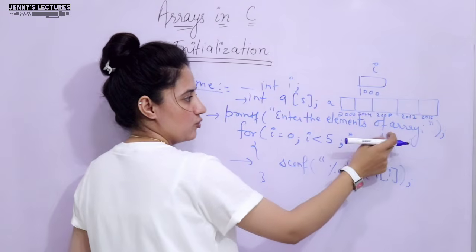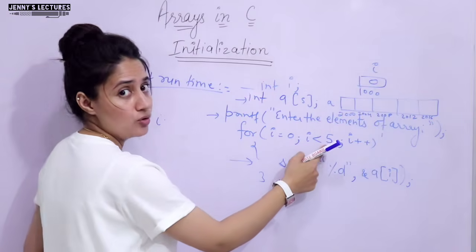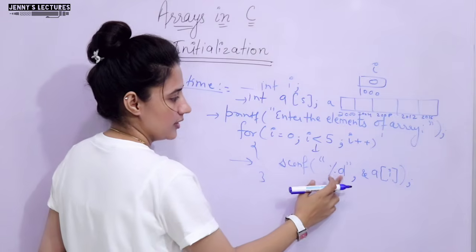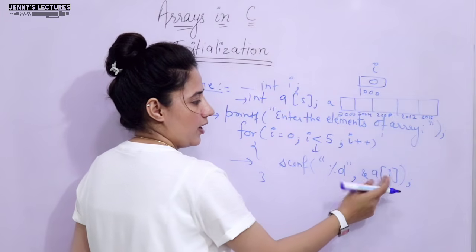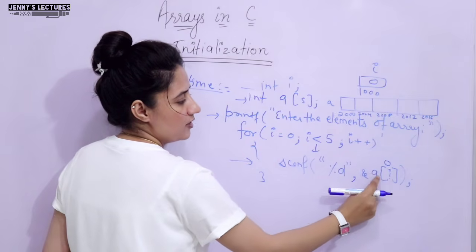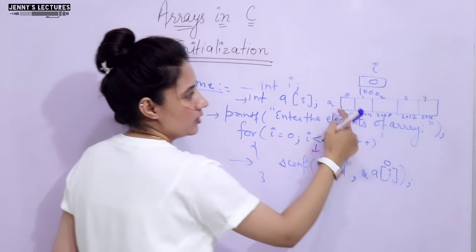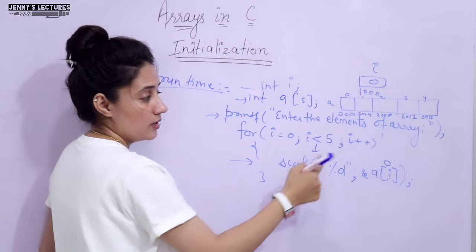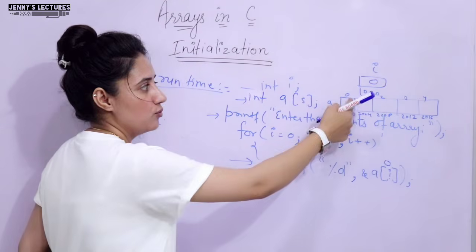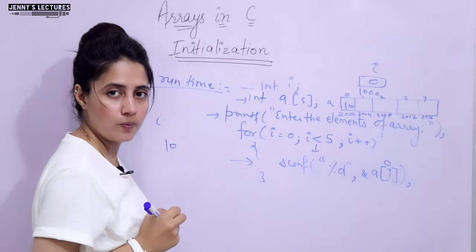Now the elements of the array would be entered. For loop, i is equal to 0, so i would be initialized with 0, i less than 5, yes, condition true, so we will enter here. Scanf means it will take input from the user, %d. The address of a[i], what is the value of i? First of all, i value is 0, means address of a[0]. Index is 0, here 1, here 2, here 3, here 4. So a[0] is this one. Now this address is 2000. So here whatever number the user enters would be stored. Suppose the user enters 10, so here 10 would be stored, right?